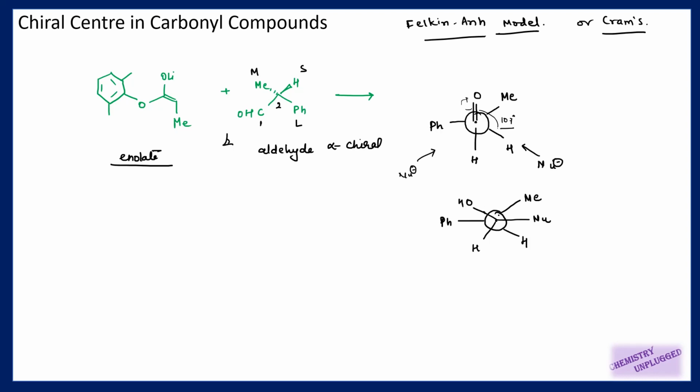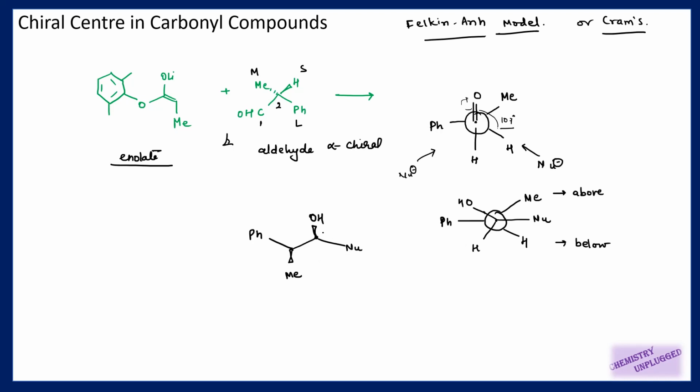Right? Now what is the way of writing these groups? These two are anti to each other, so I can write them like this. This is my second carbon, and this one is first, on which this nucleophile attaches. So these two are anti to each other, and the groups on the above side will be placed above the plane, and the groups on the below side will go below the plane, right? So this methyl and OH will go above the plane. The OH is attached to this nucleophile, so it is above the plane, and this methyl is also above the plane.